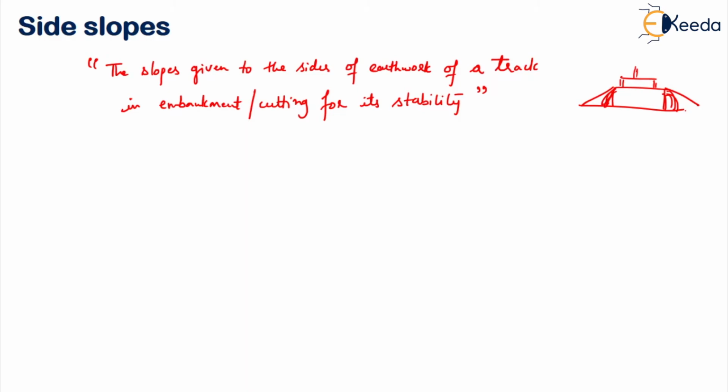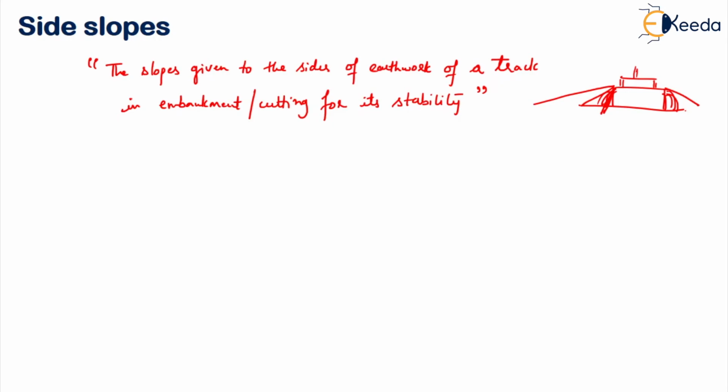Okay, normally what will happen if you go for a flatter side slope, that will make the earthwork uneconomical, and a steeper side slope will result in what? Erosion or slip. Okay, so we cannot go for flat because of waste of material. We cannot go for steep, as I told you, it will have erosion or moving up like this. So you have to have a stable or a correct side slope.